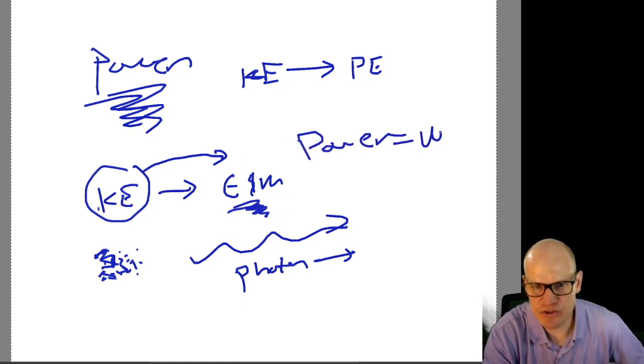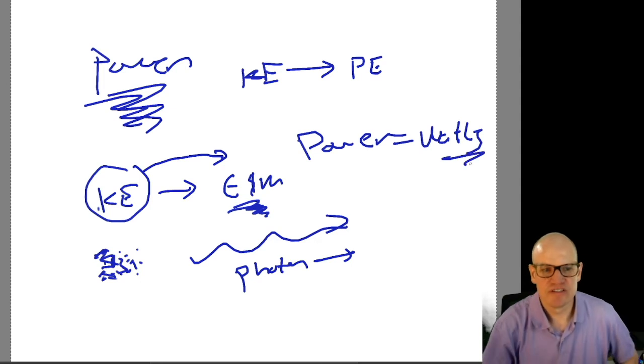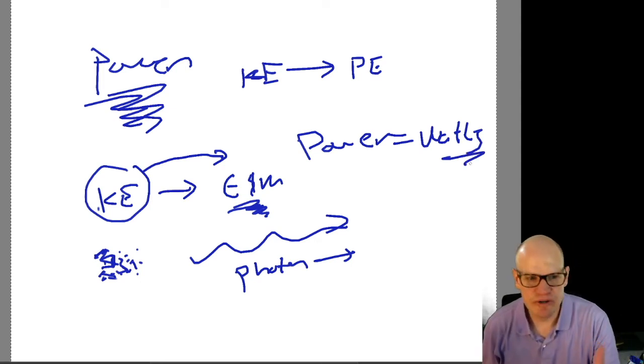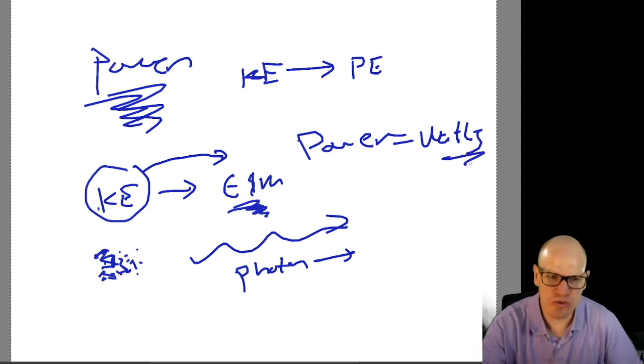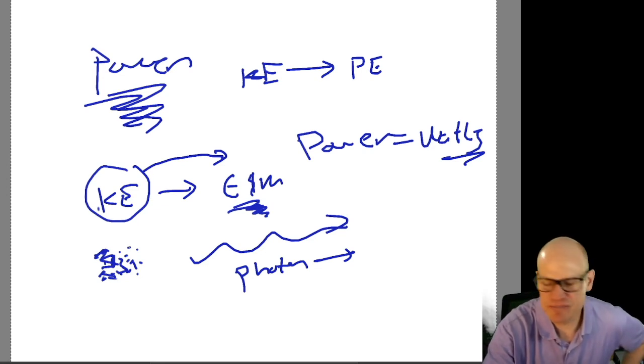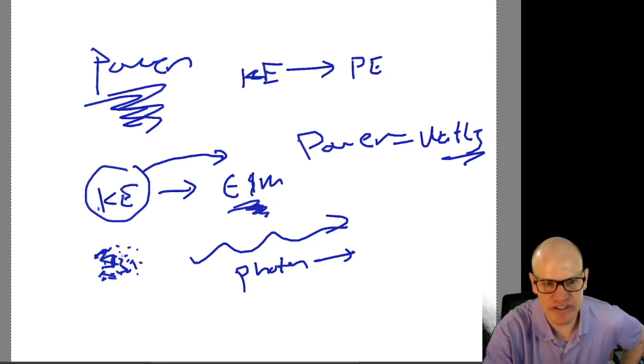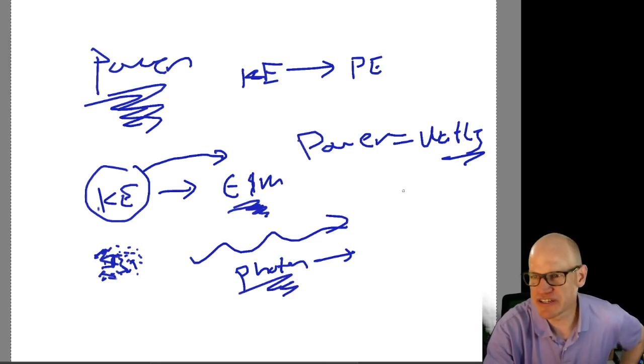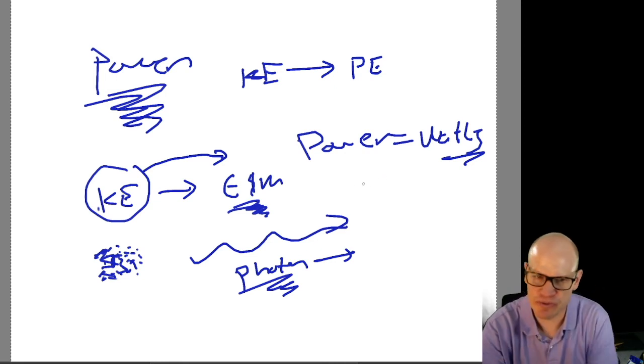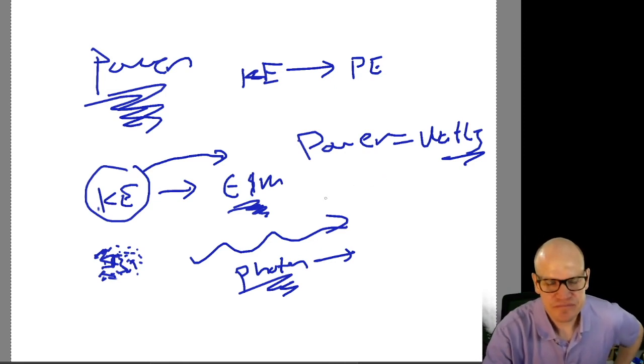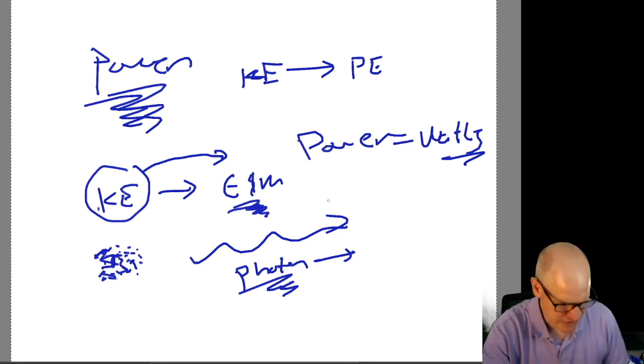And that power is measured in watts. So if you have a 100 watt light bulb, it's transforming 100 watts of energy per second. I'm sorry, it's transforming 100 joules of energy per second into photons. So watts is the energy per second, how quickly some energy is transforming from one type to another. Okay, another example would be